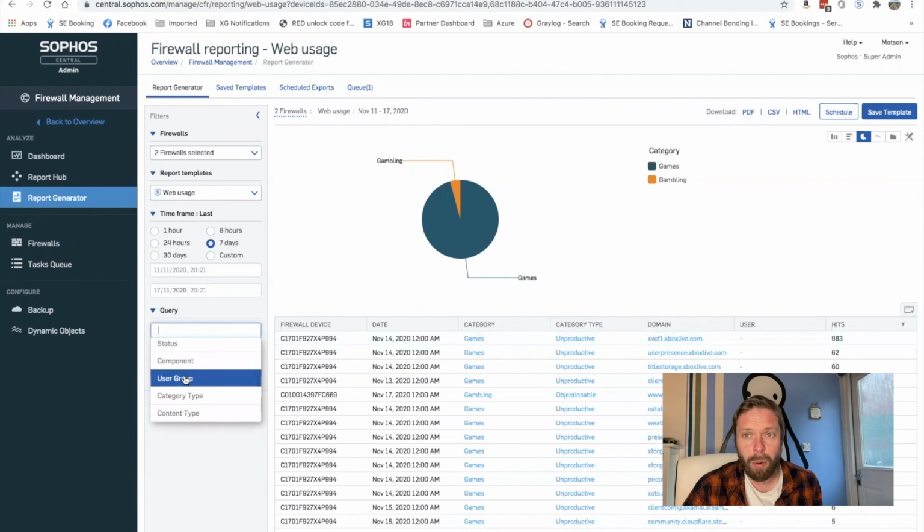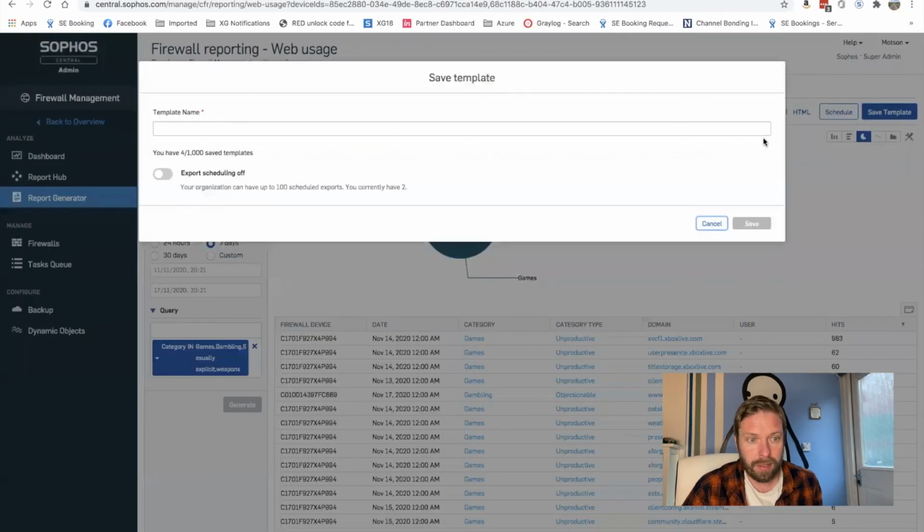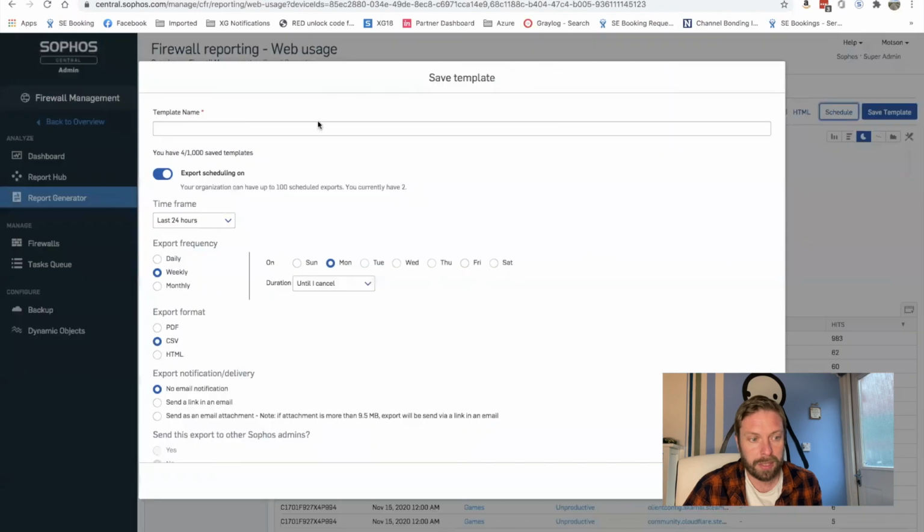And once I've created a report that I like the look of, then I can choose to save this as a template, and I can also choose to schedule this for automatic generation as well. So we can give the template a name, and we can enable the export features if we want to. So these reports will be distributed according to the rules we set in place here, including things like PDFs and email links. So I'm going to call this my blocked category report, and I'm going to create this as a daily report,